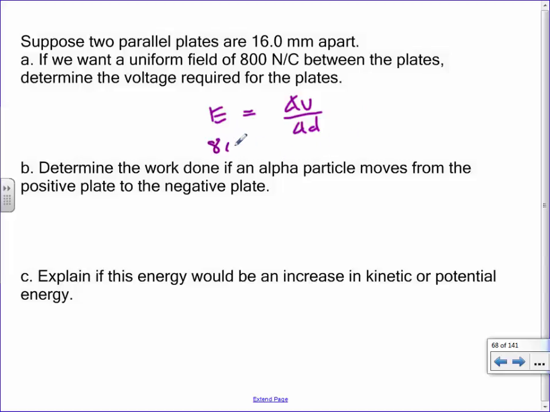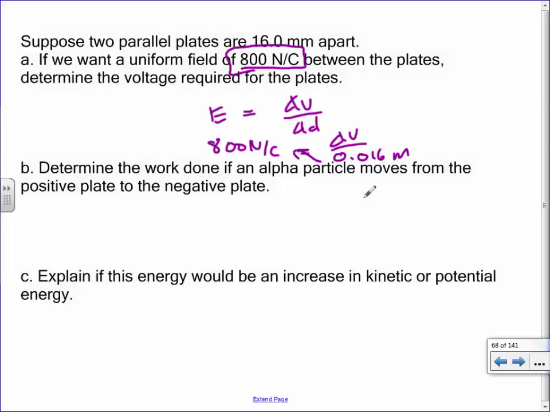So this number right here is your 800 newtons per Coulomb. Honestly, one of your biggest challenges is just knowing which numbers go where. You have to recognize that this right here is a field strength, so it has to go in the field strength location. What we don't know is the voltage, but I do know that they're 16 millimeters apart. I should just plug in 16 though, right? I need to put it into meters. So 0.016 meters. All I gotta do is just times that up there then.